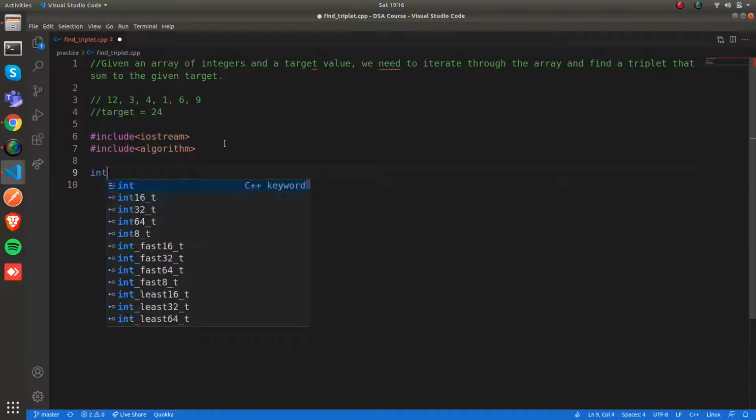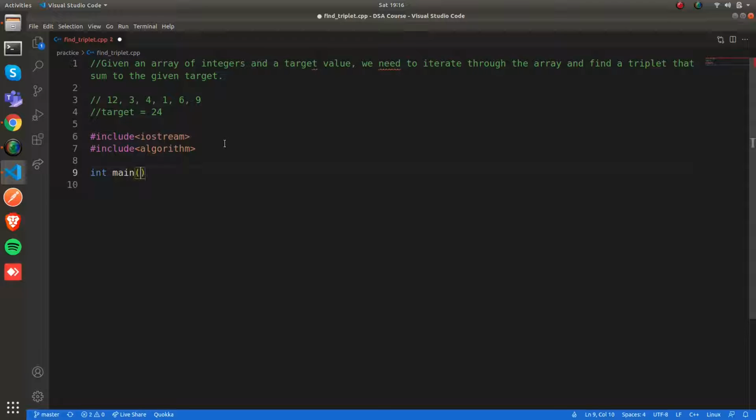So first let's go inside the main function, and let's take the array as the input. It is 12, 3, 4, 1, 6 and 9, and let's also define the target variable, and let's define a function.